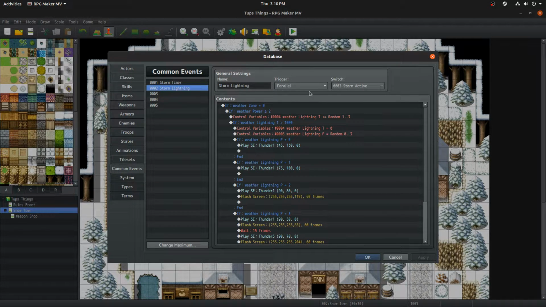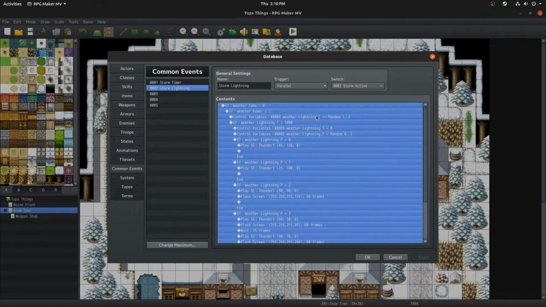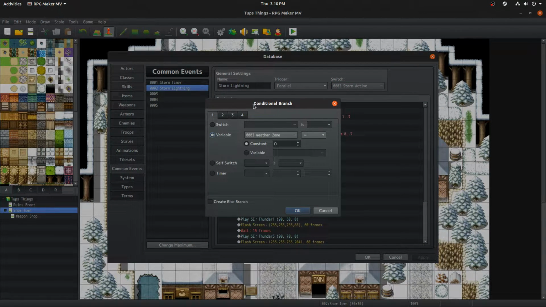Now, our second event is going to be a parallel trigger as well, and this time it's going to be while storm active is on. There's a reason you want this happening outside of this one, because sometimes the way it scans through the eventing is kind of weird, and you'll end up with a little bit of jankiness, so you want a second event for this. So while storm active is on, we're going to check and see, again, the trigger's parallel,